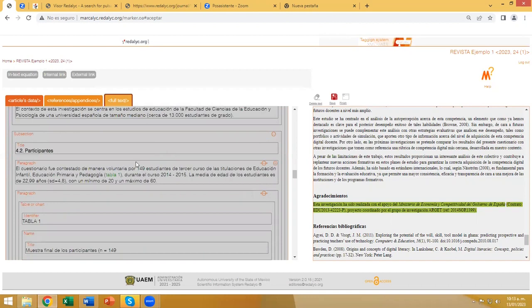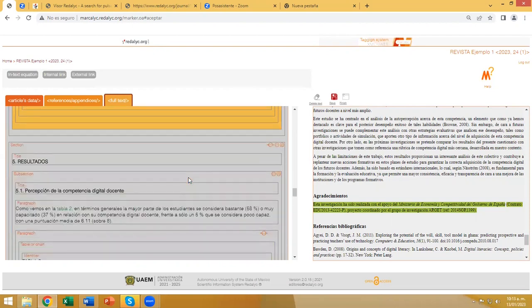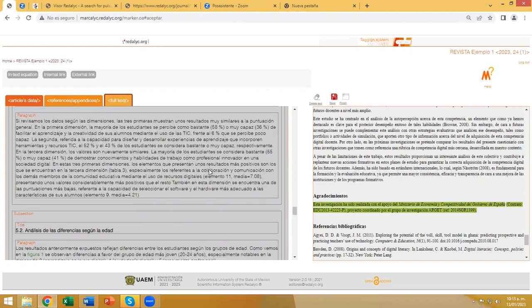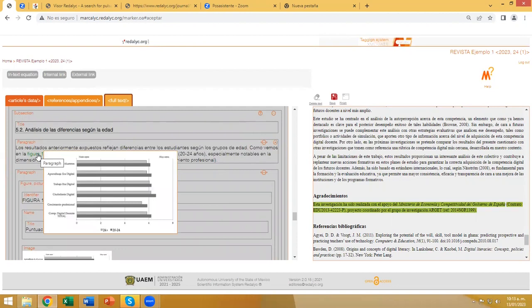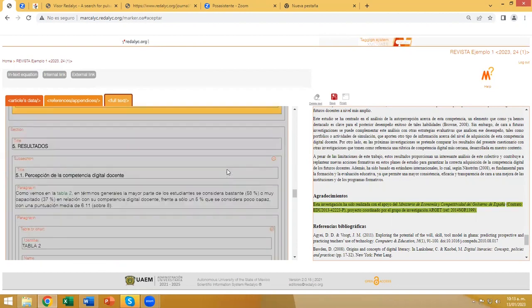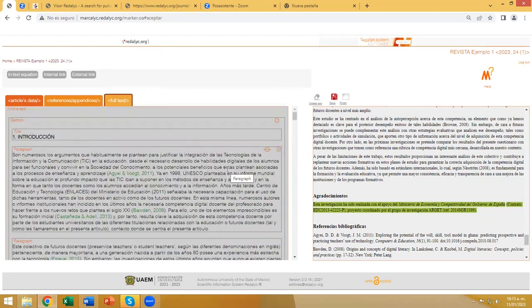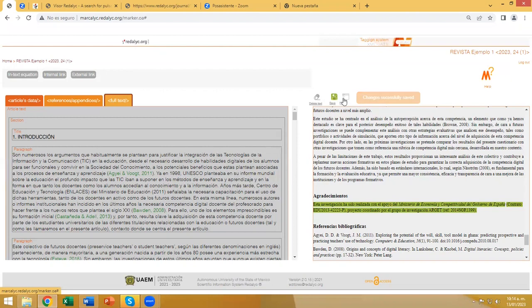We will see that also the tables have been linked correctly. Table number 1 and table number 2. As well as figure number 1. That is the only figure we have. Okay, so that is the work of the third and last wizard. Okay, so now we have used all our 3 wizards. We can say that our progress, our work is done. So we click on save and we go to finish,